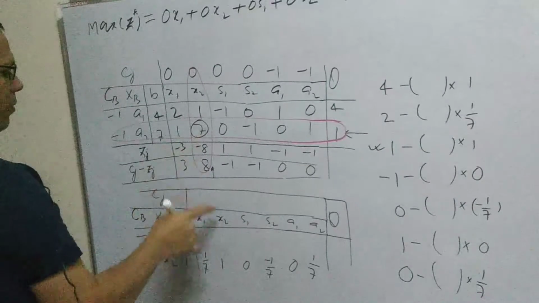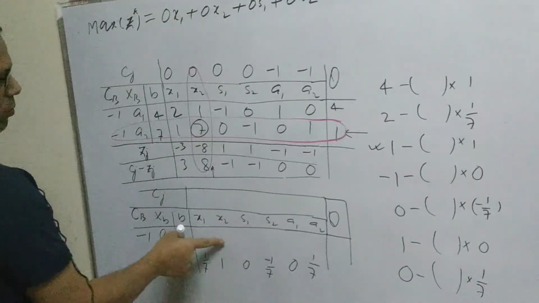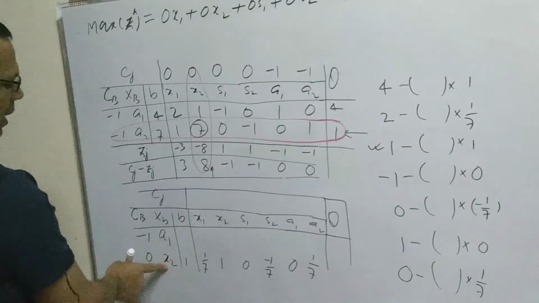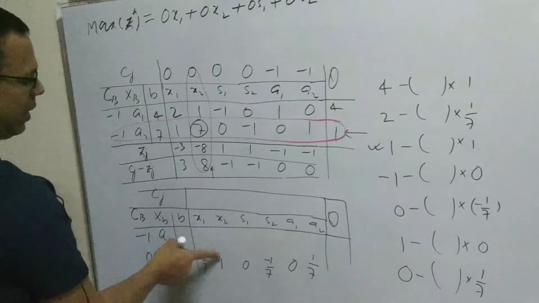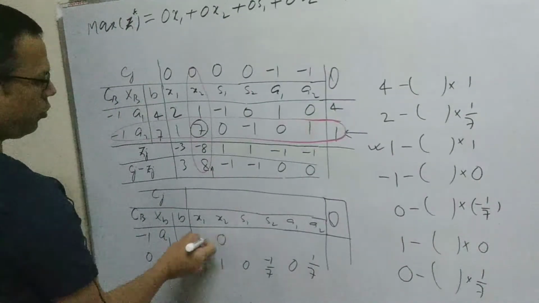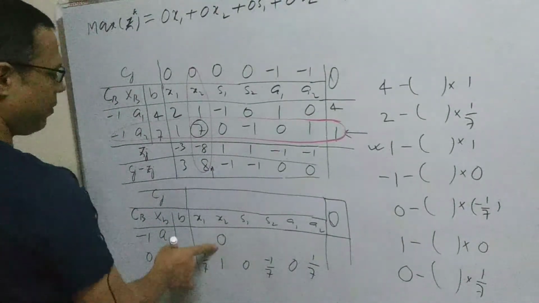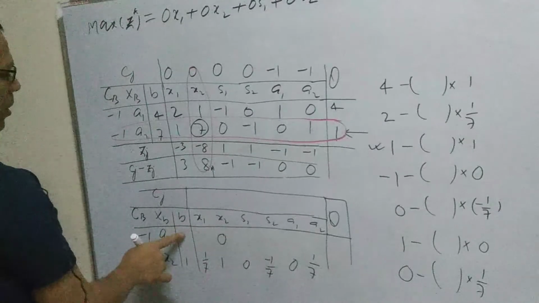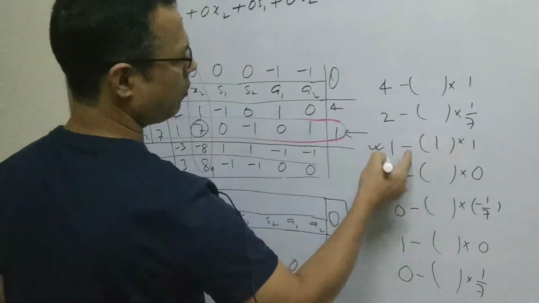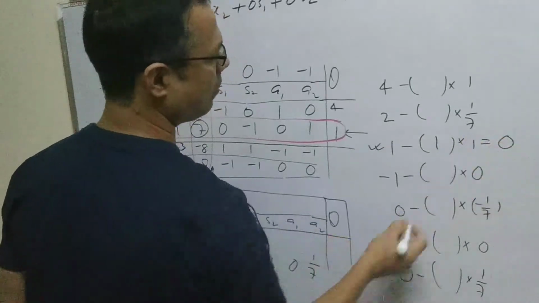Now we already have 1, so we consider this variable as a basic variable. It means at x we need to find the unit matrix, and for the unit matrix the 1 is already here, so we need to get 0. To find this value, just count from the B: 1, 2, 3, at the third. It means we need 0 here. So 1 minus 1, 0, 1 value will give 0.